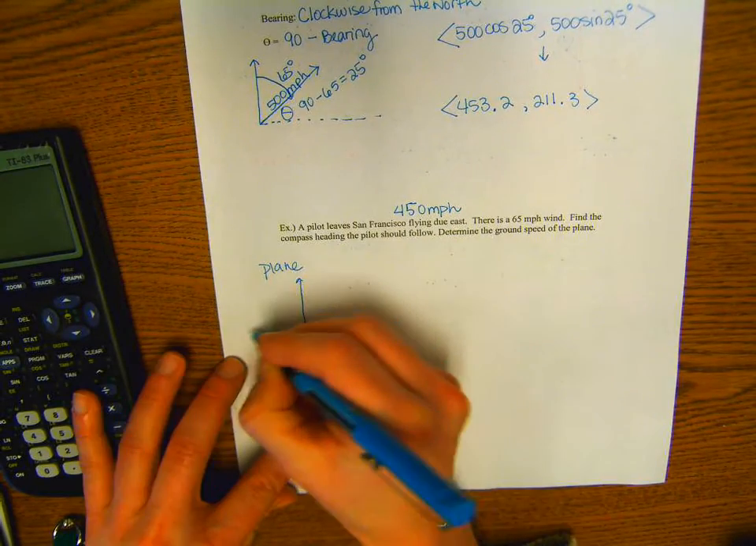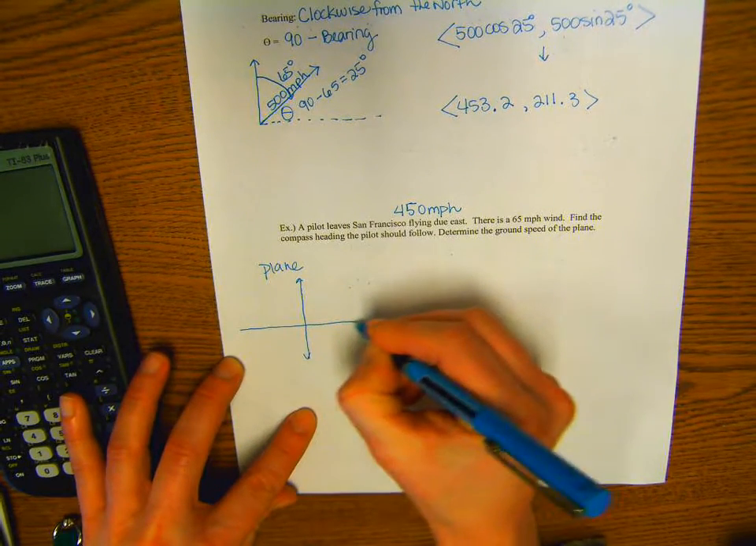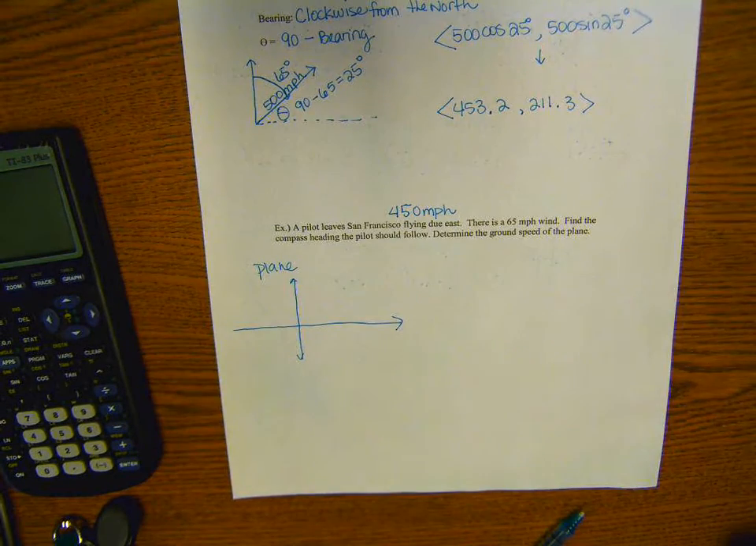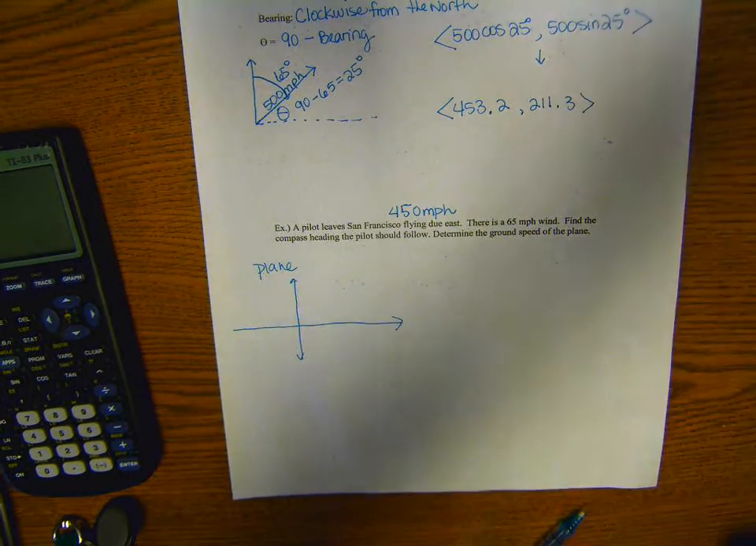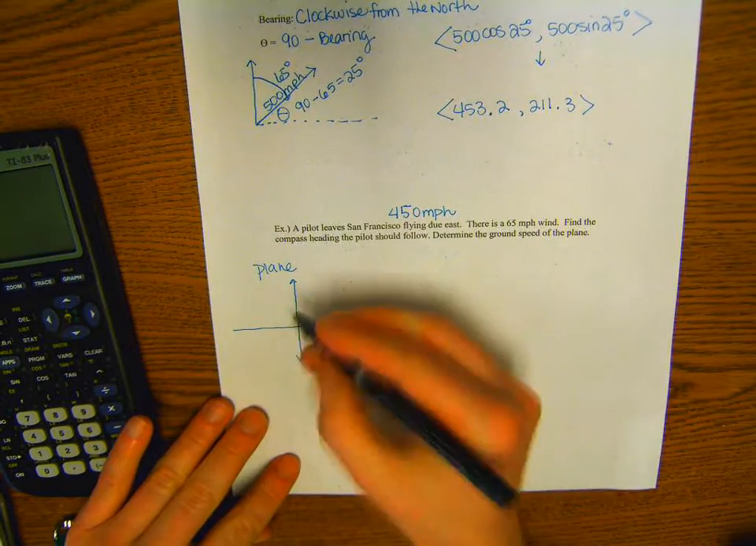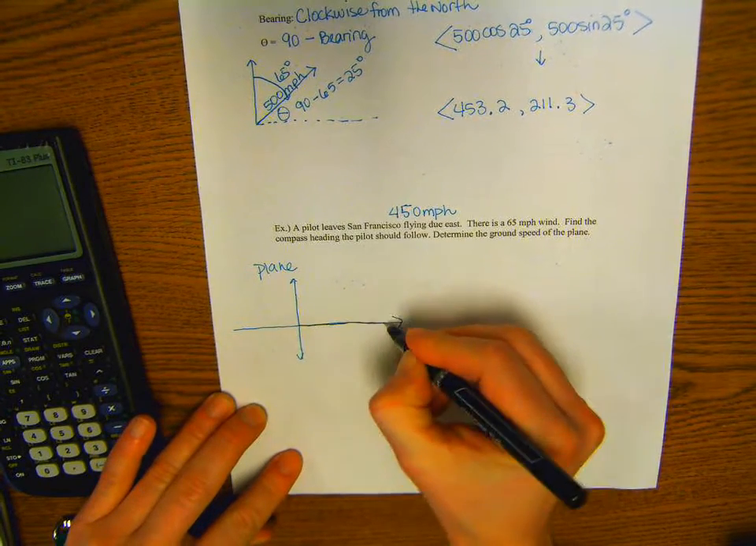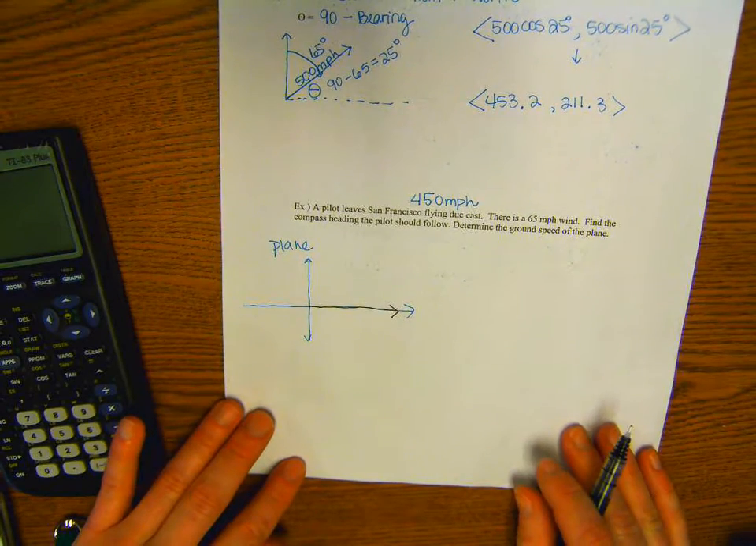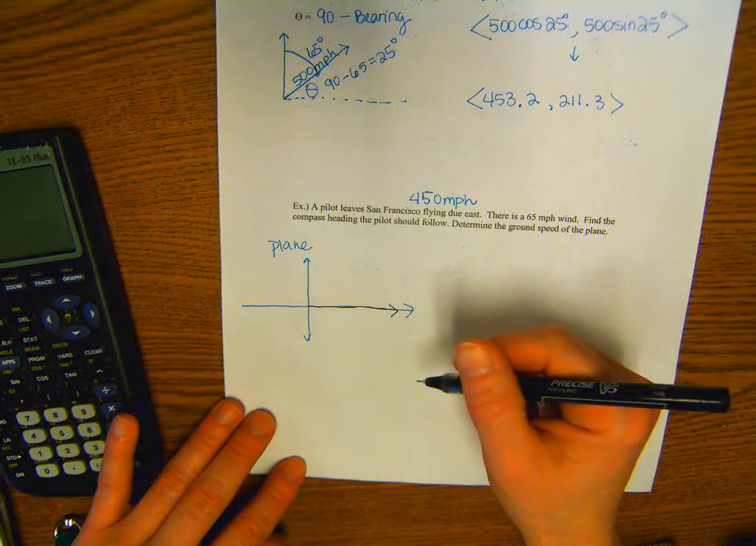And the plane is going, I need a different color, due east, which is just here. Okay. Now, technically, this angle is 0, right? Because it's not going anywhere. Agreed? So if I said, okay, the components would be 450 times cosine of 0,